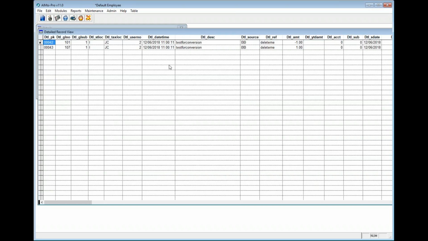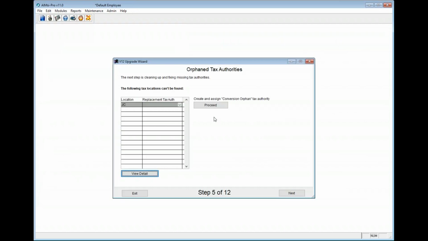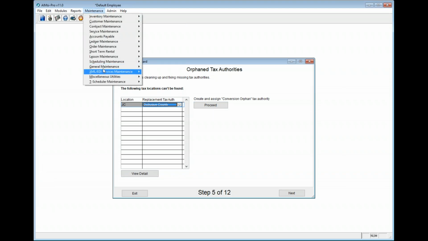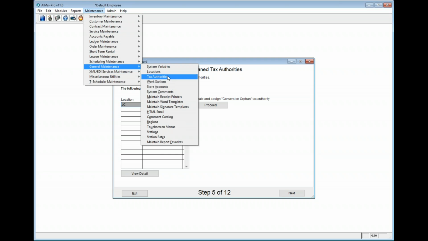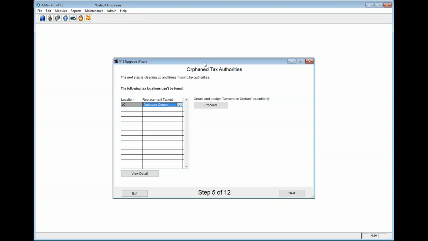So we can check out the view here. In this instance, I would probably go in and create a tax authority. You could do that by going into your general maintenance, going to tax authorities, making the adjustment, and then reassociating those in that manner. But I'm just going to proceed with my